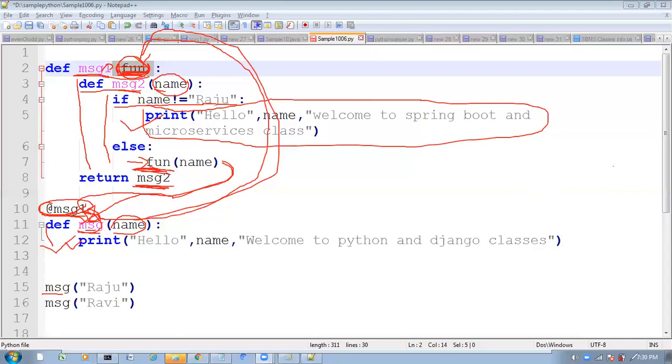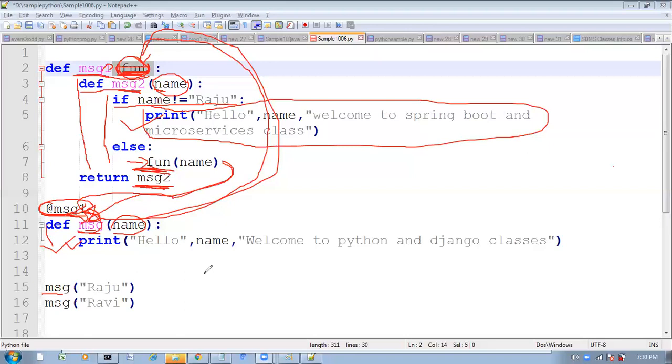My requirement is, without touching the existing function, if I want to display a different output, then what do we have to do? For that, we have to go for the decorator concept. What is a decorator? A decorator is a function. It will take a function as the argument, extend its functionality, and return a function as the output with modified functionality. That is the one point.